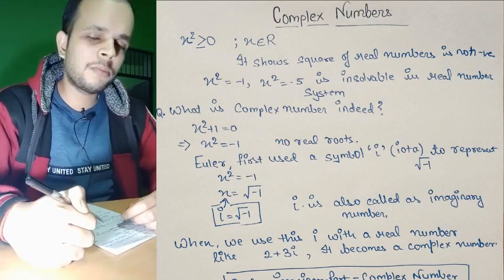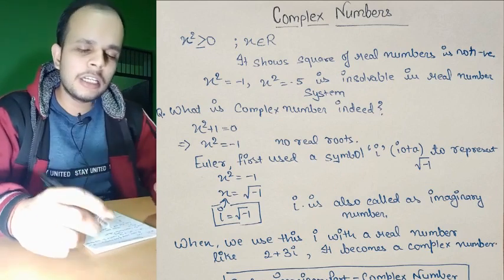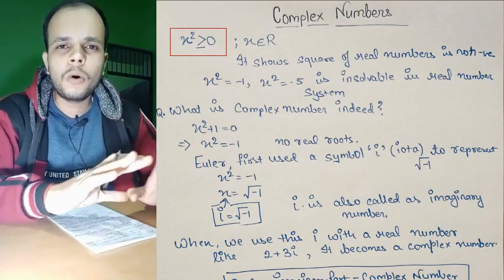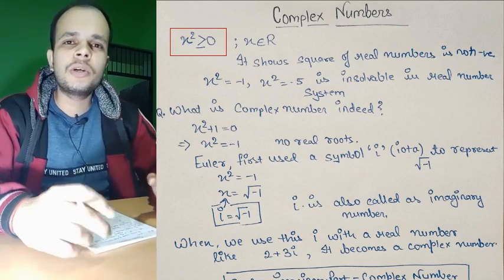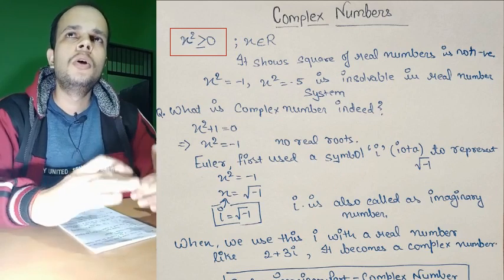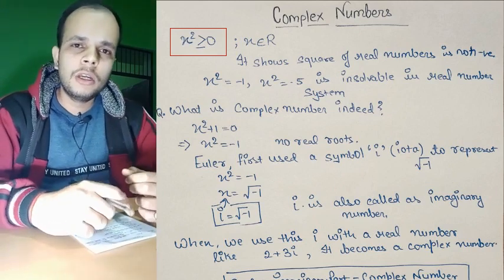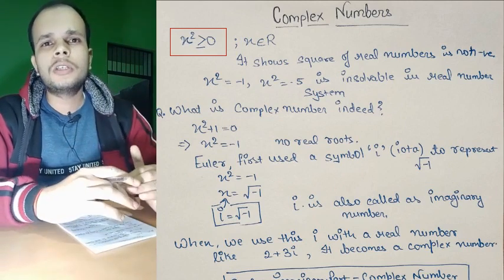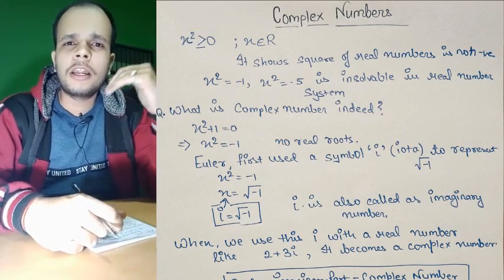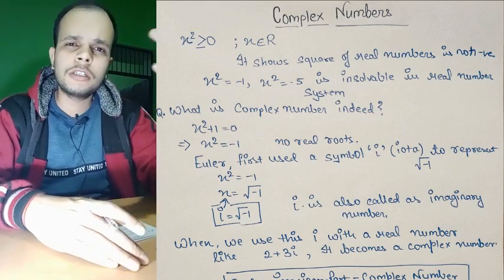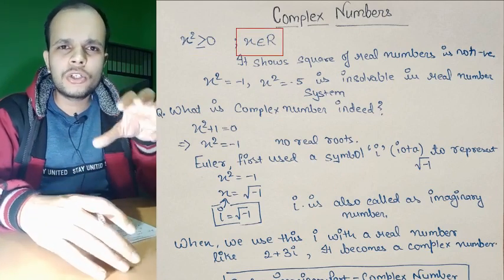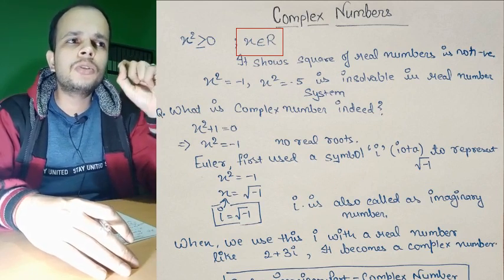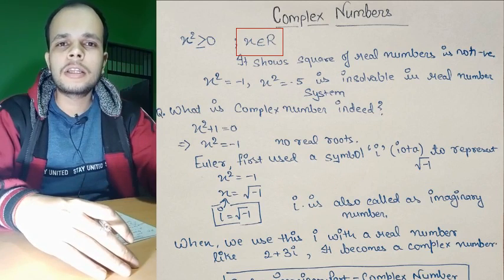So in order to tackle the problem, what we see is, basically, x square is greater than or equal to 0. This is the general equation for those numbers belonging to the real number set, where x can be any value ranging from the negative integers or negative real numbers, 0, or the positive integers or positive real numbers. Okay, this shows that there is no other value which can belong to the minus of x square is